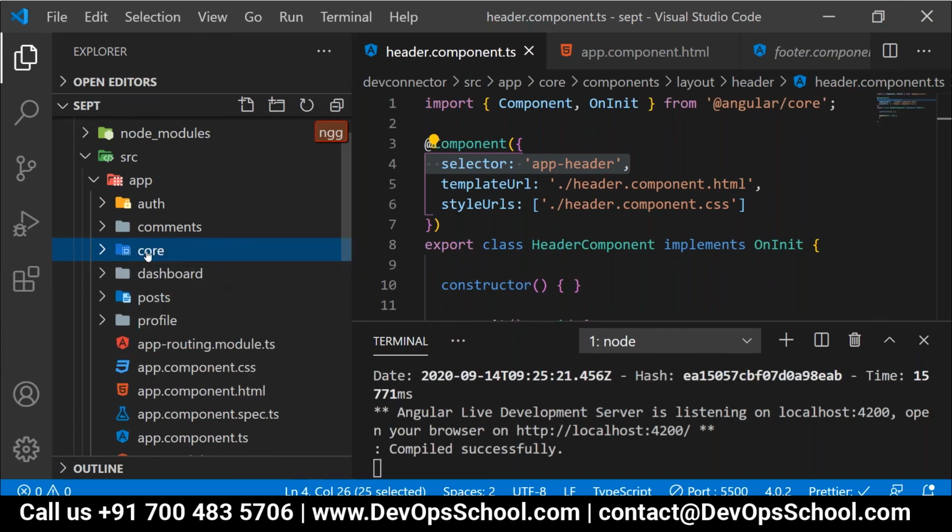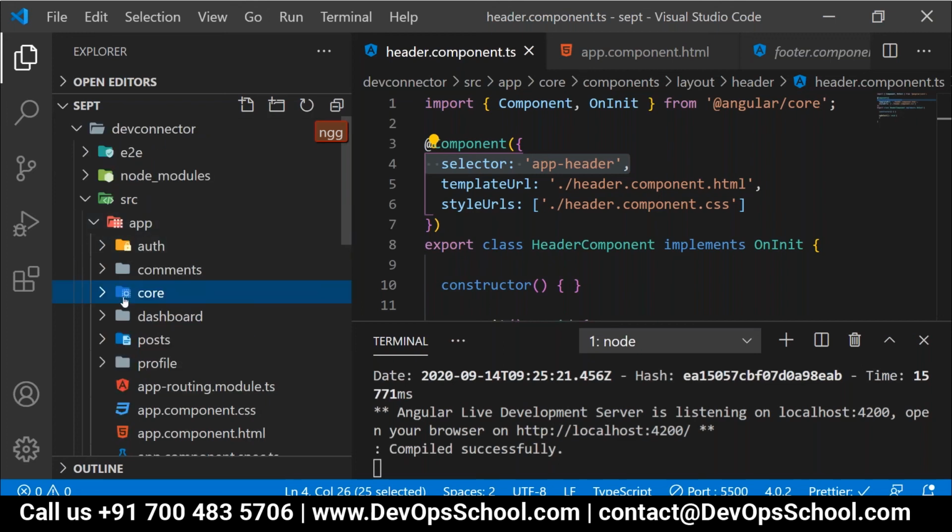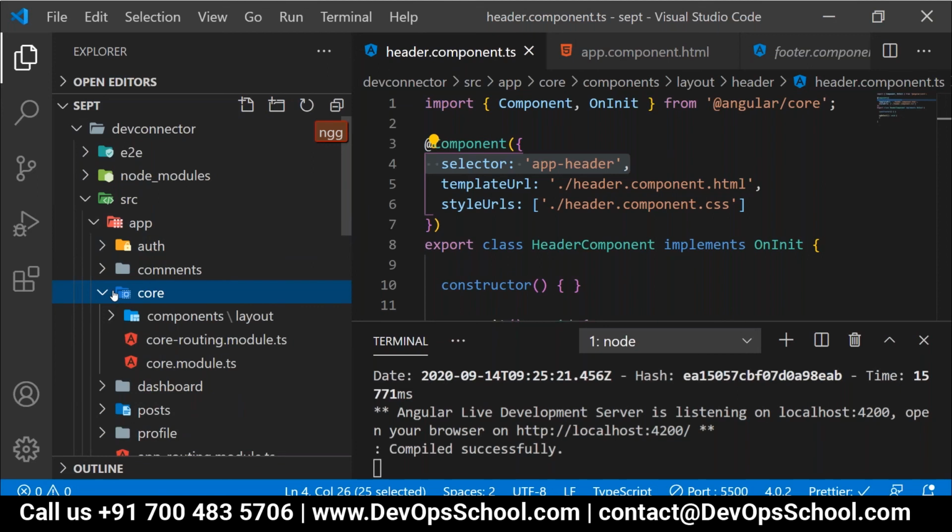Inside this core folder, whatever 100 things are there, all those 100 things will be loaded and are available in the memory. Clear? Now you understood, right? When you say a core module, everything from the core module will be loaded.